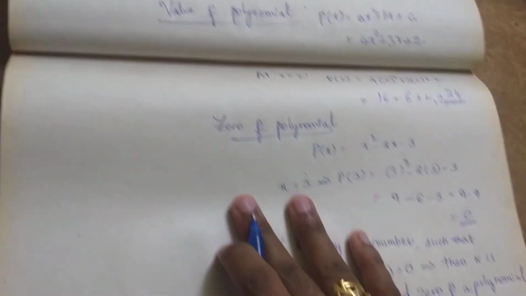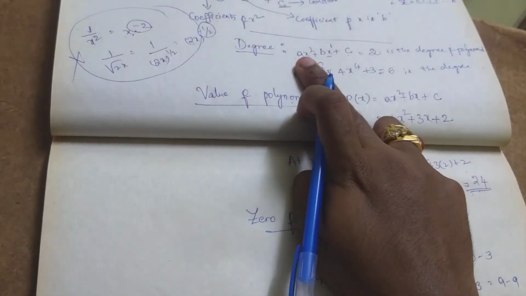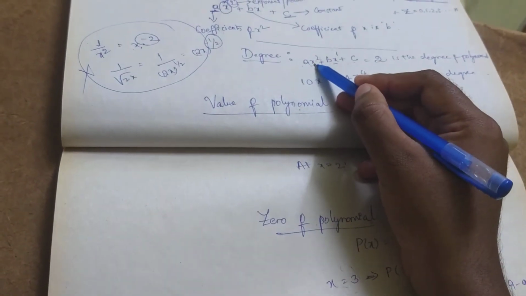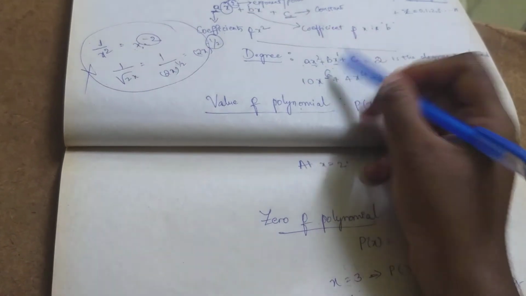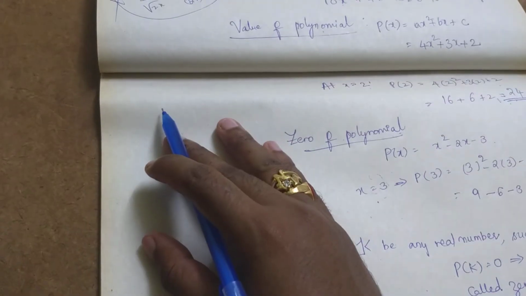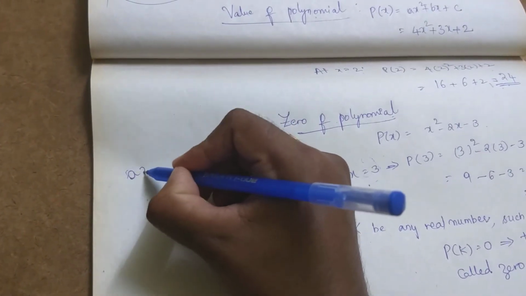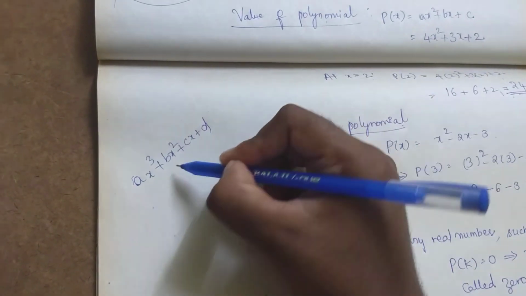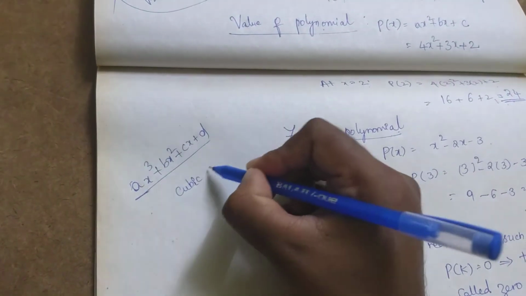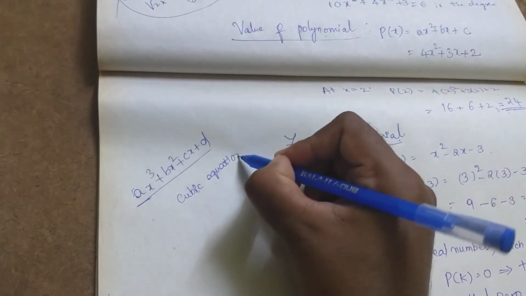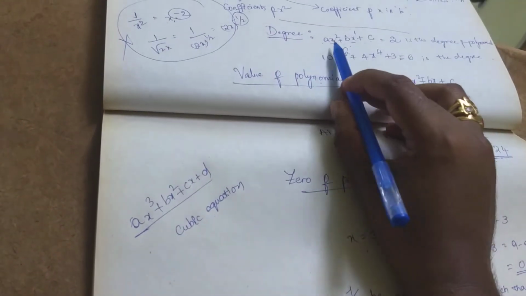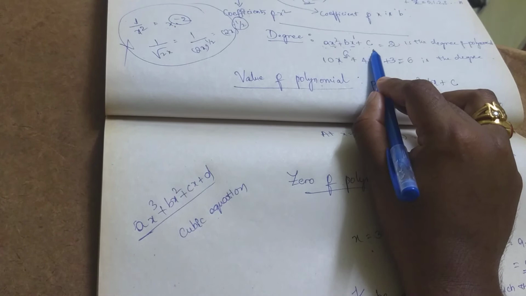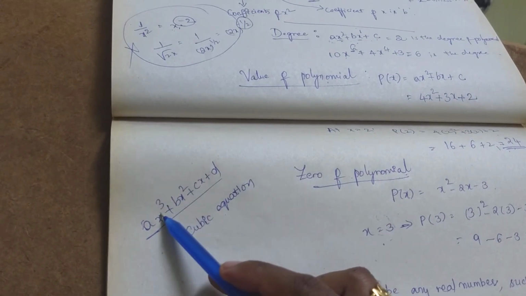So here I have explained that in each case this is a quadratic equation because the power of x is 2. In case the equation is expressed in terms of ax cube plus bx square plus cx plus d, then it is called a cubic equation. So I have expressed it in terms of ax square plus bx plus c, which is called a quadratic equation, and if it is expressed in terms of cubes, it is called a cubic equation.